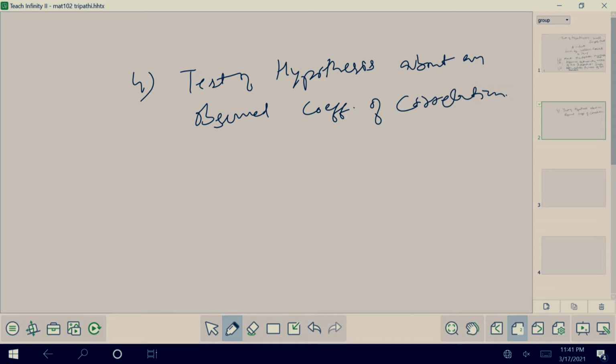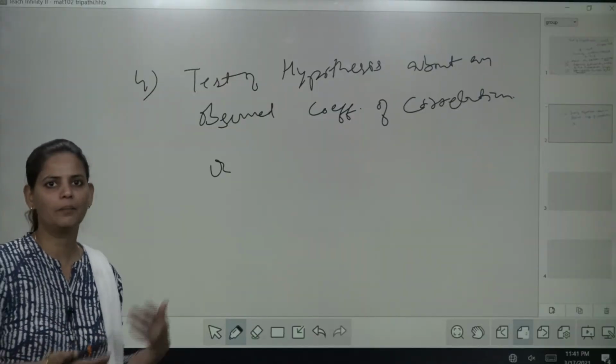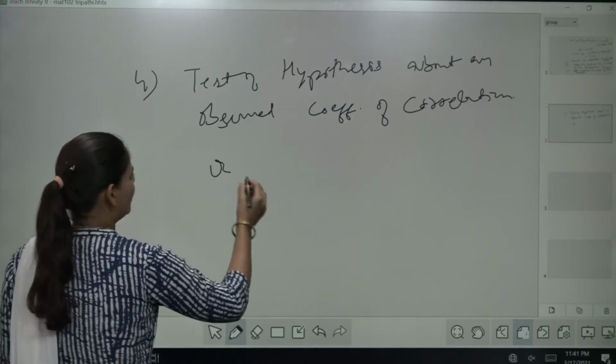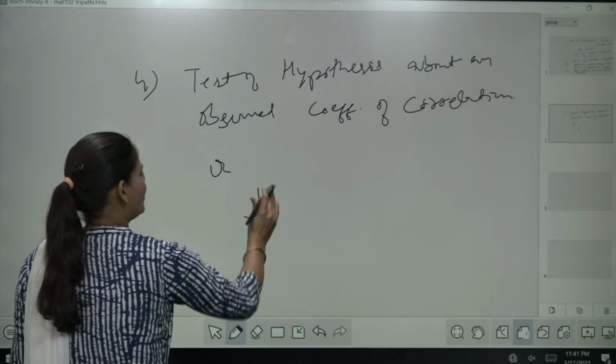What is correlation? Correlation is denoted by r, and it is the relationship between any two variables. Suppose there is a positive relation between demand, supply and price of